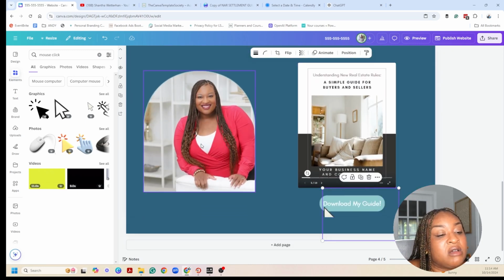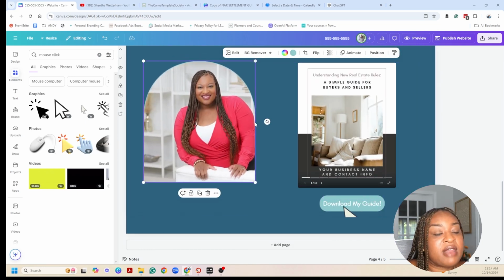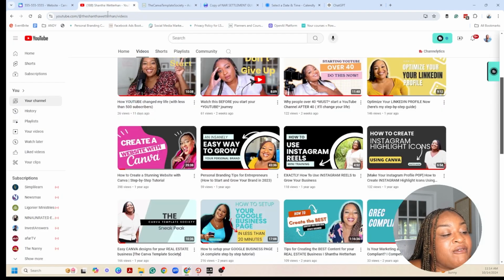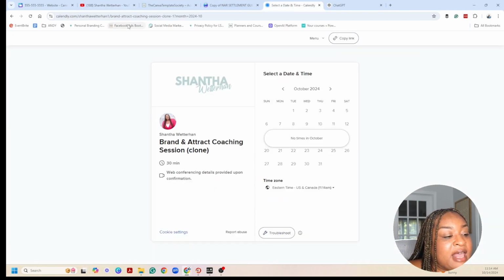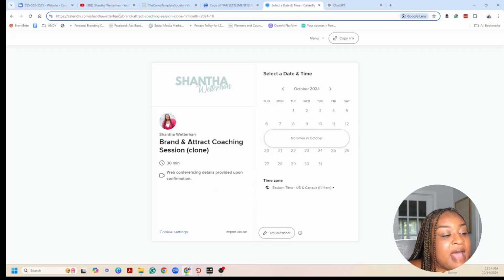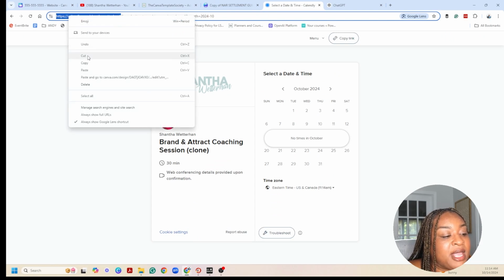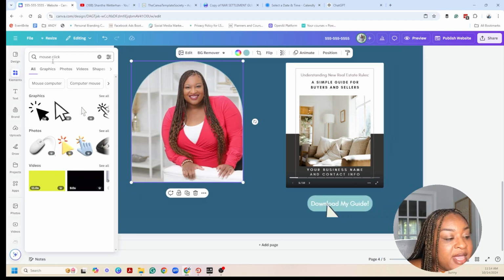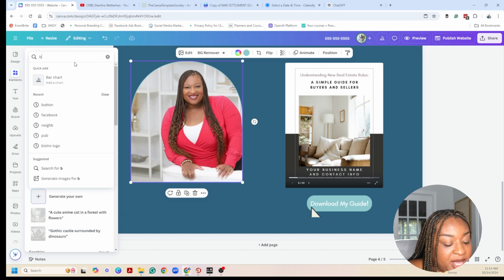And I also like to include a call to action link for consultation. So what you can do is use any kind of link, a Calendly link, a link to your website. I'm going to use Calendly for this. So I'm just going to head over to Calendly, and I'm going to grab the link. I'm going to copy, and underneath I'm going to have another button. So you're going to go back to your elements. You're going to have a button,